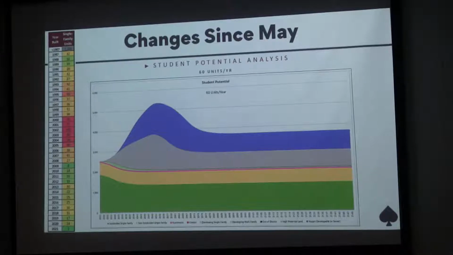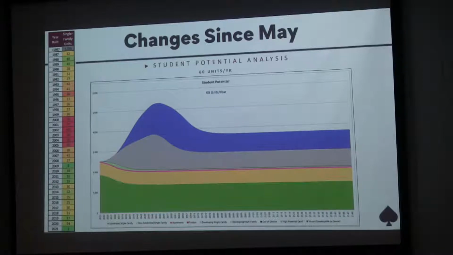Given the scenarios that Cooperative Strategies has provided, we've looked at what enrollment looks like if we're adding 60 units per year. This is the graph that takes that into account, looking at land availability, what's highly developable, what's already owned by developers. This is the projection that they put together. Obviously, this is a very long range. You probably can't see this, but the very end, the year is 2148 or 49. So obviously very long term. We're really just looking here at the first few years.